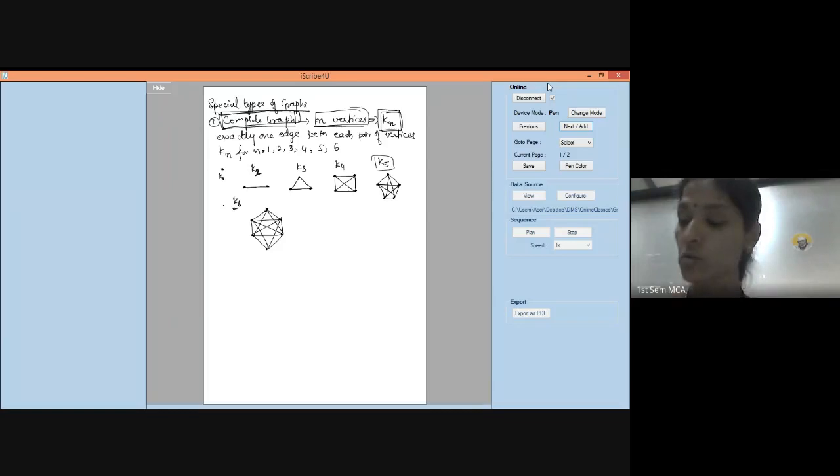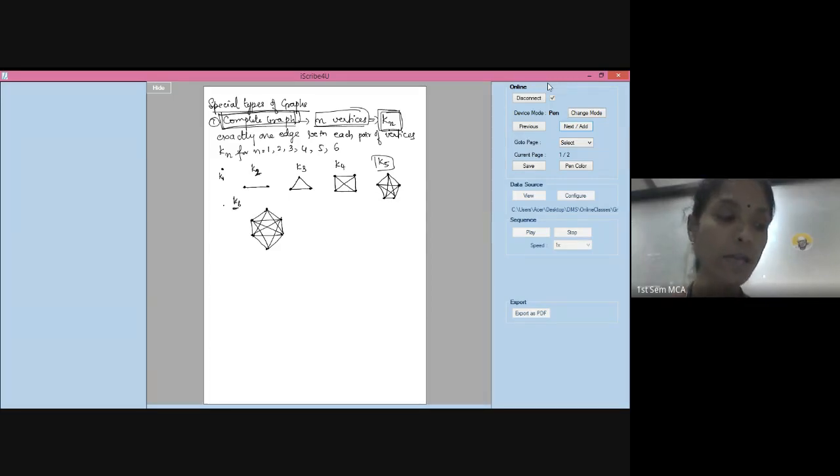That is called a complete graph. So a complete graph on n vertices is always denoted by Kn. It's a simple graph that contains exactly one edge between each pair of distinct vertices. For n equal to 1, 2, 3, 4, 5, 6, we have taken all these examples. The number of vertices can be any number. So I can take n equal to 8, n equal to 9, and go on like this.